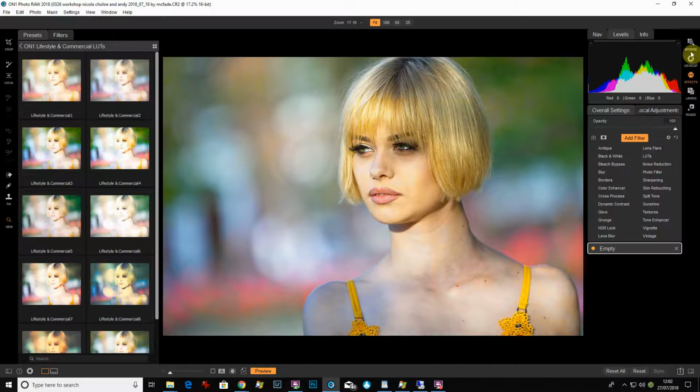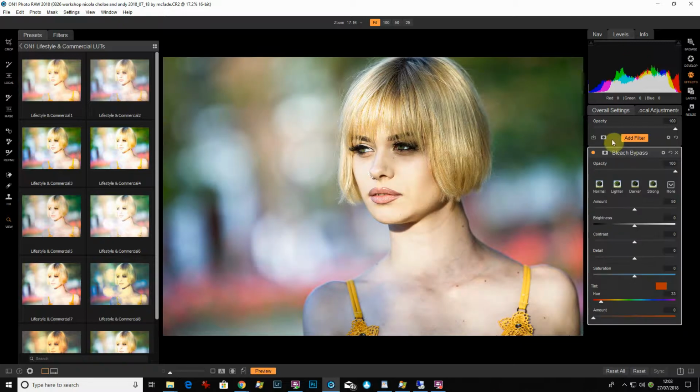Into the effects section. I think you can download Effects 10 from ON1 to use from Lightroom and Photoshop for free, so it's worth a look. So first thing I'm going to do is a bleach bypass. This makes it quite edgy. Chloe's got a strong sort of look about her on this shot, good skin and everything, so bleach bypass isn't going to pose any problems. With some people it could